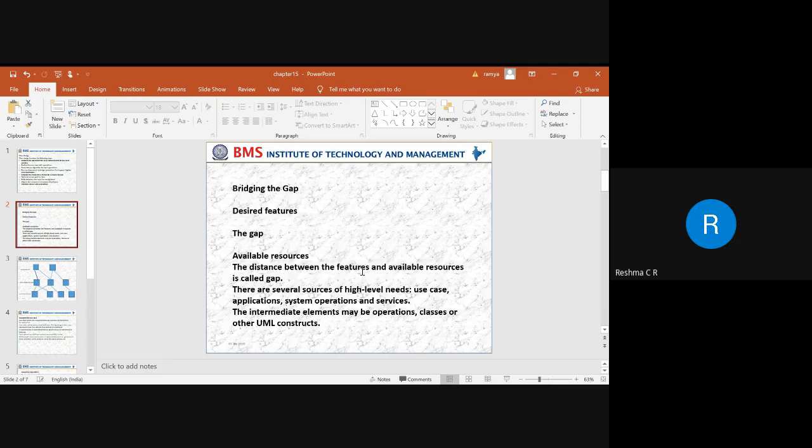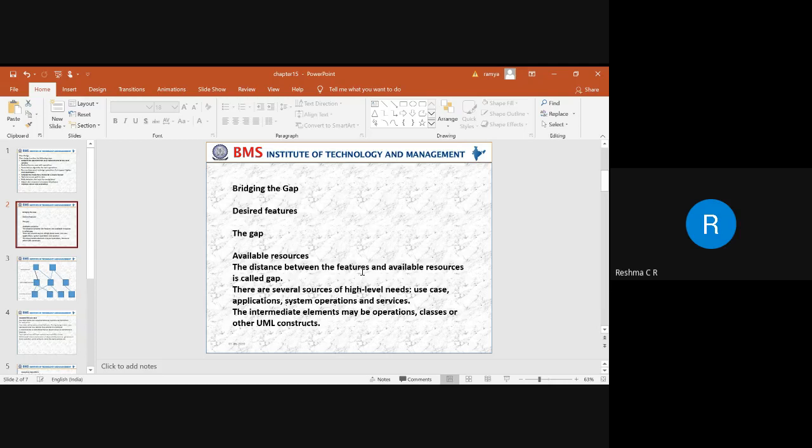What services should be provided has to be identified. To do that, these resources include the operating system infrastructure, class libraries, and the previous application. If we are trying to manipulate the existing application, then we keep that as a reference. We can add some class libraries. We are identifying the infrastructure of the operating system, so whatever development we are trying to do, whether it can be maintained with respect to the operating system infrastructure has to be identified.